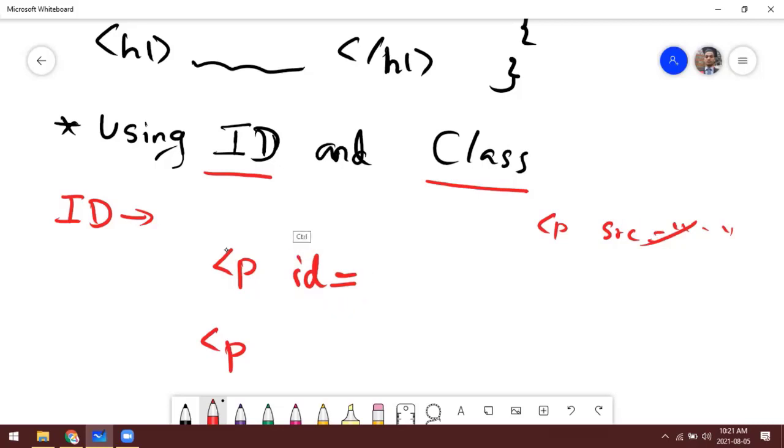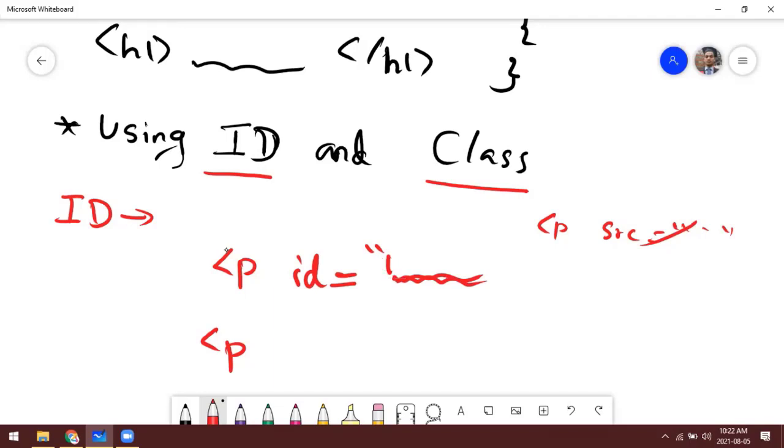So you can use ID or class. When you use ID, you can give any value here, but the only thing is it should not start with a number. You can't start with a number.